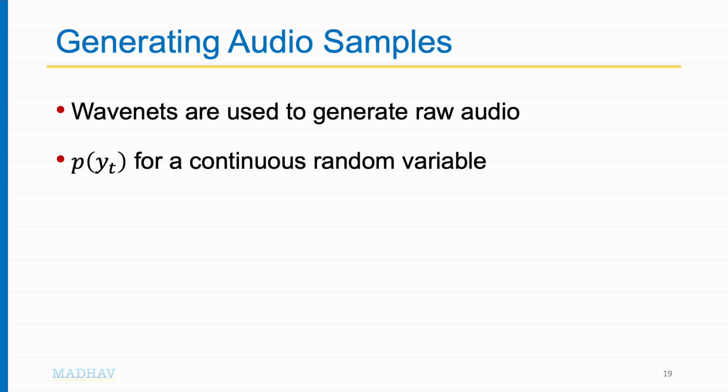So now if WaveNet has to generate continuous numbers, it is basically difficult to generate continuous numbers. So what WaveNet does is it reduces the output space from a continuous space to a discrete space by using